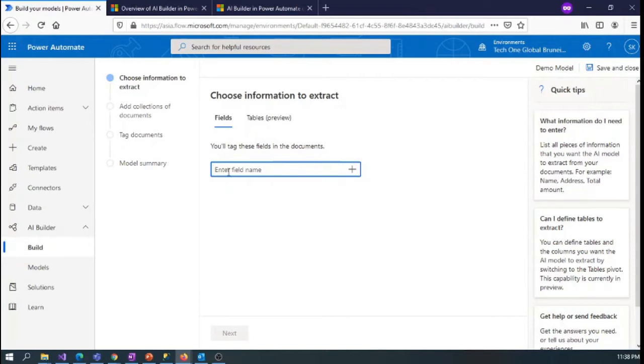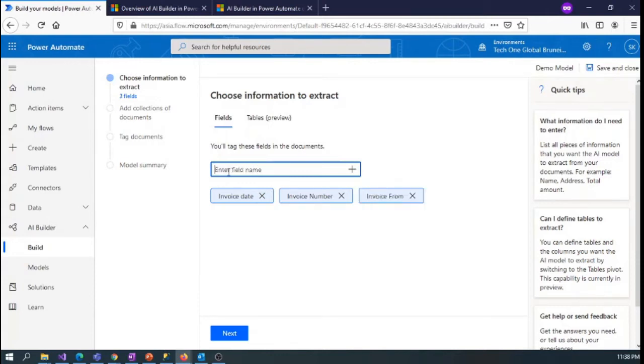We are going to extract information like the invoice date, invoice number, invoice from, invoice of, and invoice amount.